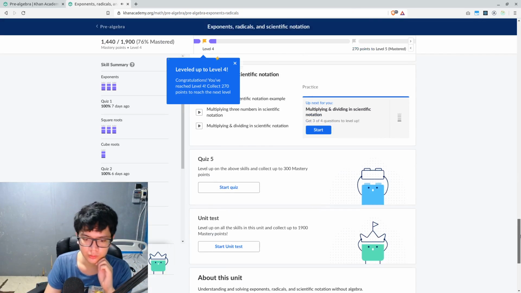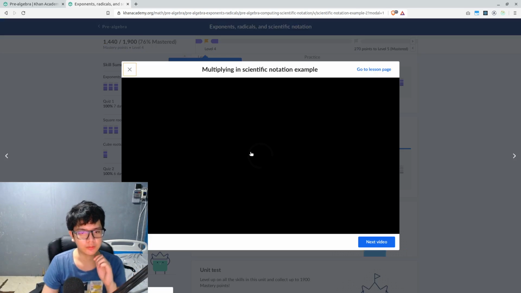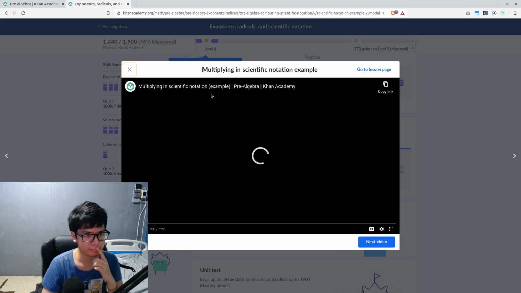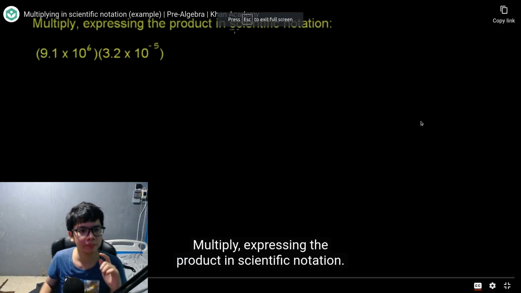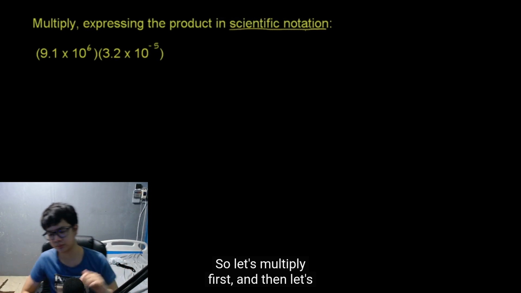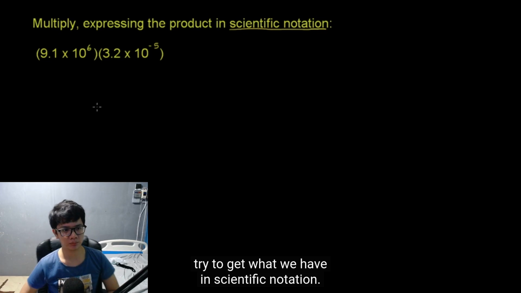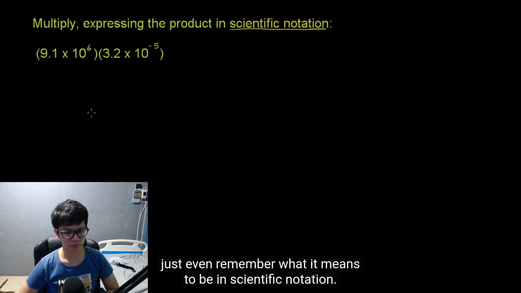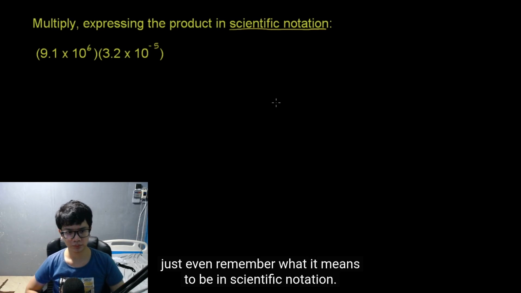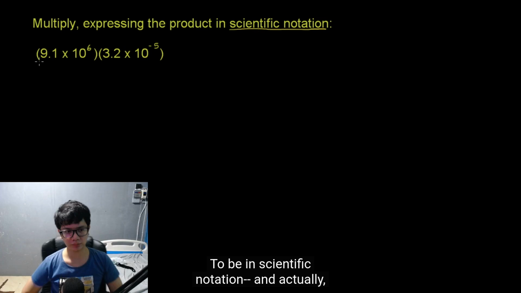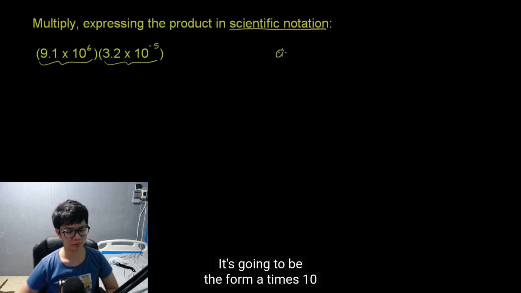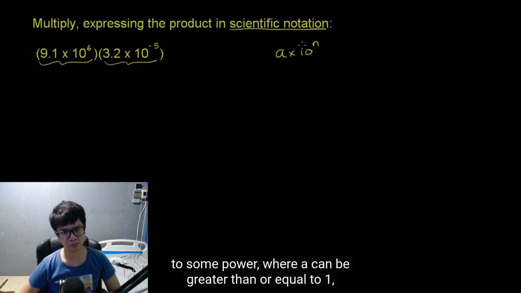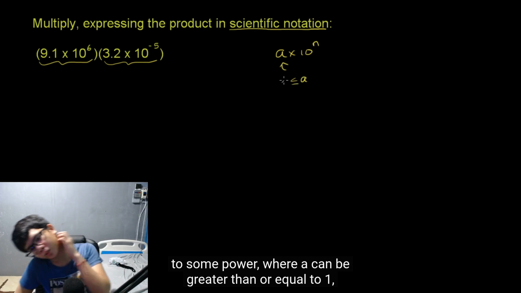Okay, cool. Computing with scientific notation. Multiply, expressing the product in scientific notation. So let's multiply first, and then let's get what we have in scientific notation. Actually, before we do that, let's remember what it means to be in scientific notation. Each of these numbers right here is in scientific notation. It's going to be the form a times 10 to some power, where a can be greater than or equal to 1,